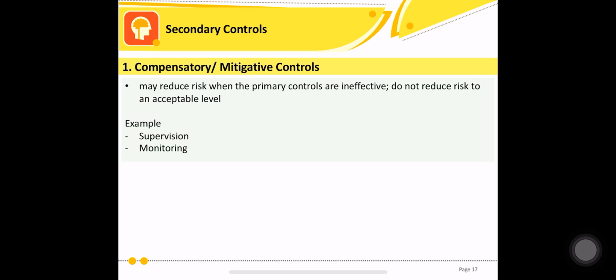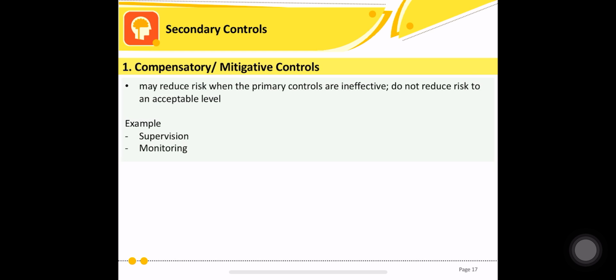Okay, so the first secondary control is, oh, by the way, ano yung pinagkaiba ng primary sa secondary control? So, ganito yan. Primary control, again, we have discussed that this is a key control wherein ito yung pinaka nagmi-mitigate ng risks na in-identify mo as compared to the secondary control wherein hindi siya ang main source mo for you to mitigate yung risks. Hindi siya key control. Secondary lang siya because it helps the primary control to be effective and to be adequate enough.